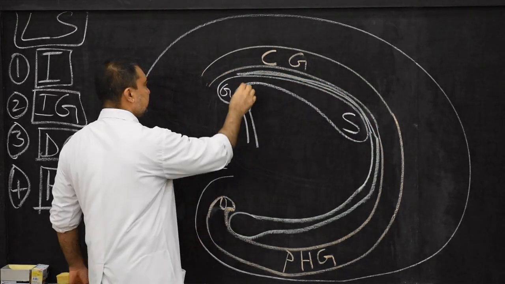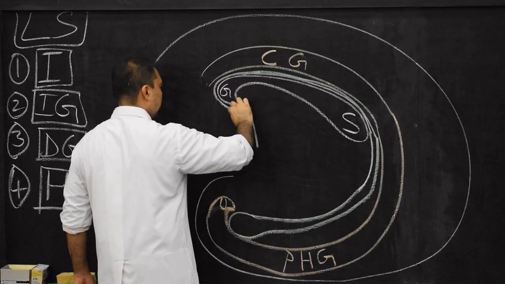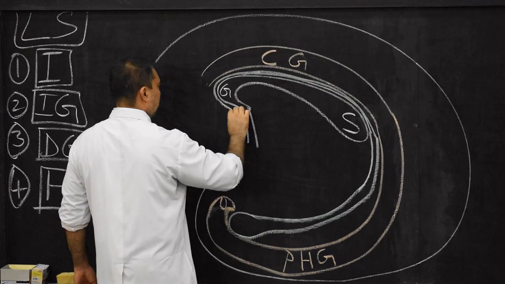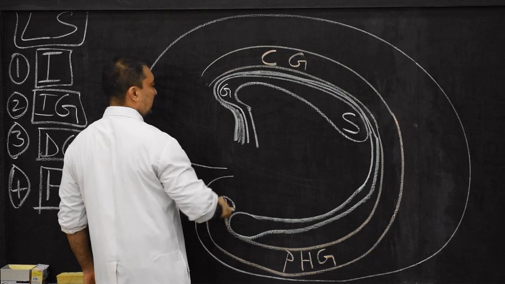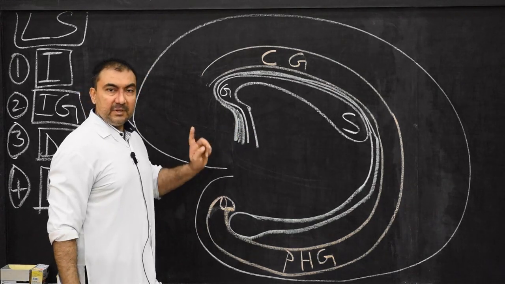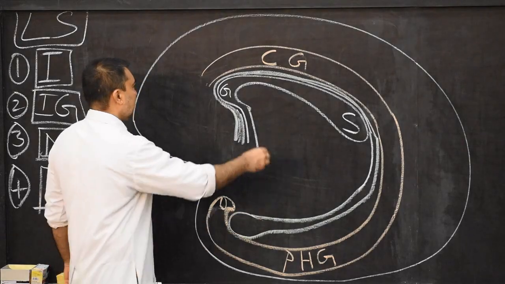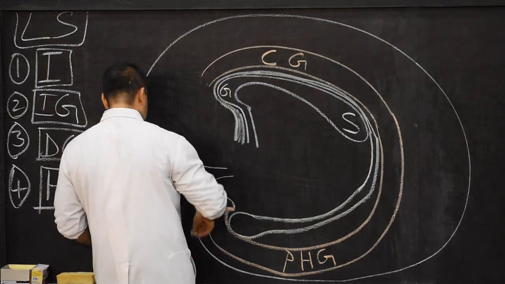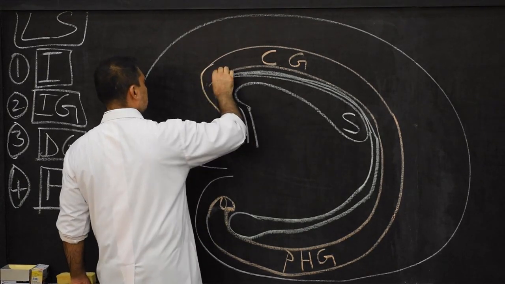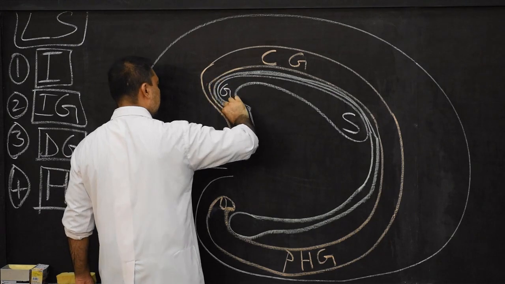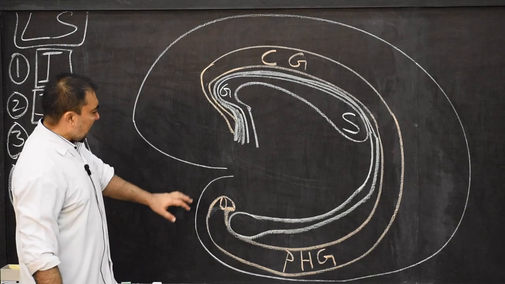Indusium gracium, and then medial and lateral longitudinal striae, and then it will continue anteriorly in the para-terminal gyrus. So this is the para-terminal gyrus, just in front of lamina terminalis. So indusium gracium will continue anteriorly with the para-terminal gyrus, and here we show that this cingulate gyrus anteriorly will merge with the para-terminal gyrus. This is the basic structure.